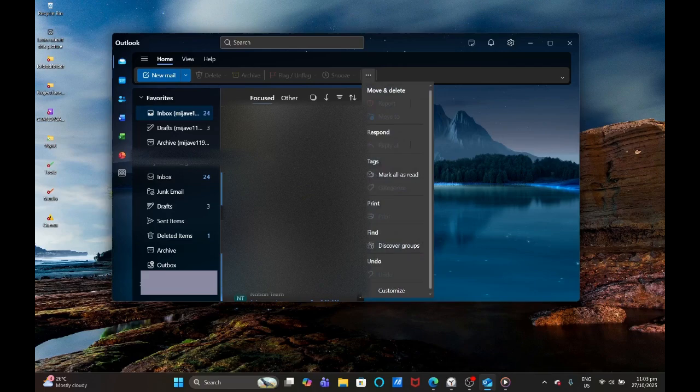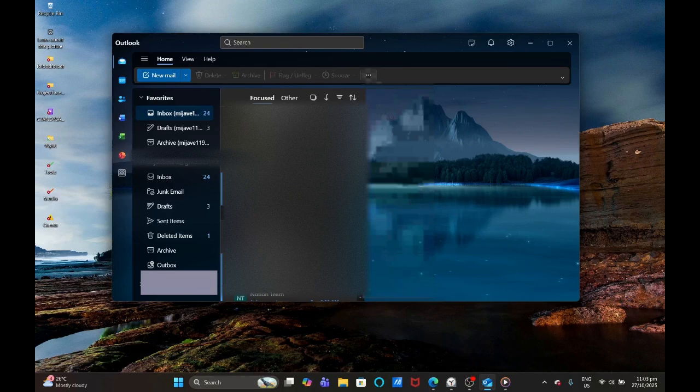You can tailor it to fit your individual preferences and workflow, which can significantly enhance your productivity. By customizing the ribbon, you ensure that your most used tools are easily accessible, saving you time and effort in the long run. So, whether you are organizing your inbox, scheduling a meeting, maintaining your contacts, or prioritizing your tasks,